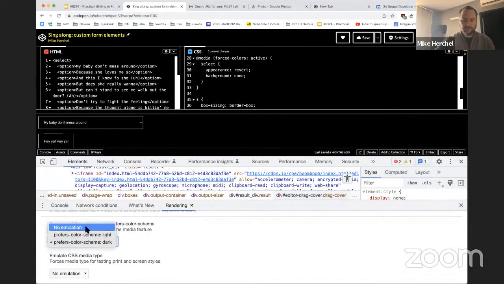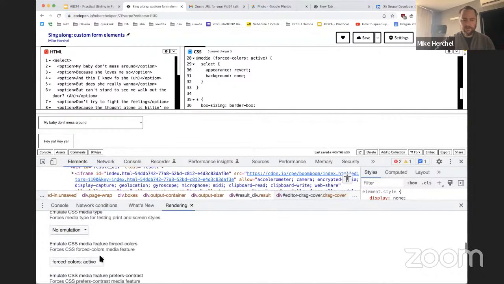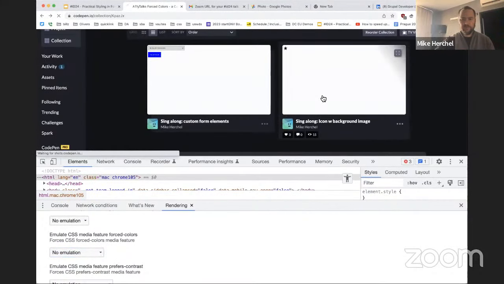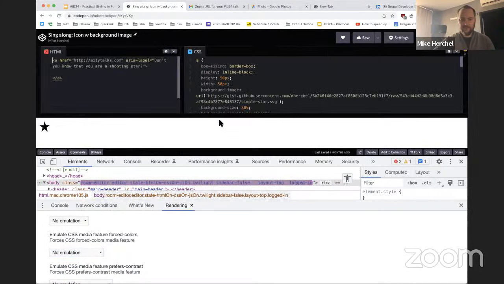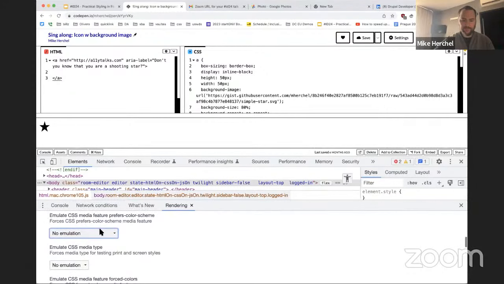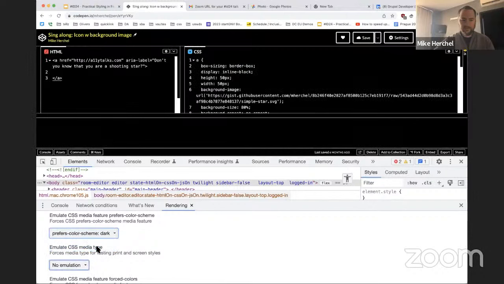So I'm going to turn this off right here. And to get back to where I was, let's see if this crashes. No, we're good. And now I have an icon. I have this icon kind of coming up right here. It's a nice, pretty star. You can see it's loading from this URL right here. That's a GitHub gist. You can kind of guess what's going to happen if we turn on force colors mode. It's going to look great when we're on dark text on light background, but if we switch it to dark, it's not going to work properly.